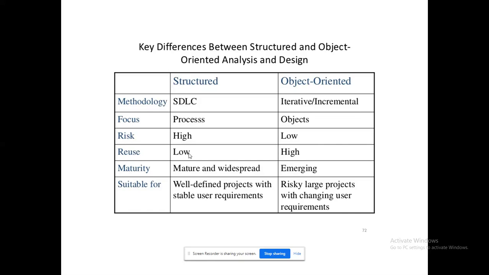In that case, you can follow structured programming, but for object-oriented programming, we don't know that. So what are all the things that will change now and then? The best example is the stock market. Things will change rapidly now and then. Nowadays we are working with the lockdown, the coronavirus data. Day by day they are discovering new factors which are responsible for that. They are predicting that based on this it is going to come, or based on these things it may cure or it may not cure. Likewise, day by day the parameters are changing. In that case, I have to use an object oriented approach only. So that's the main difference that I want to convey here.